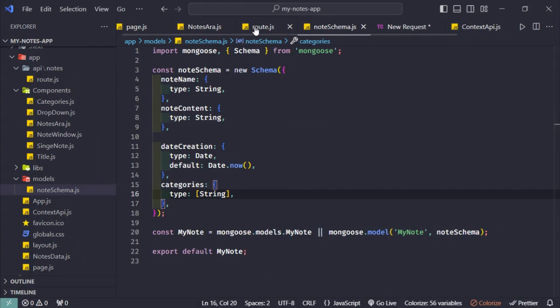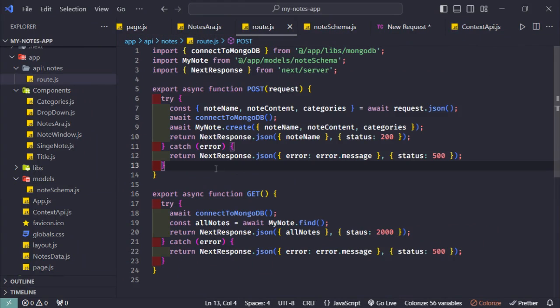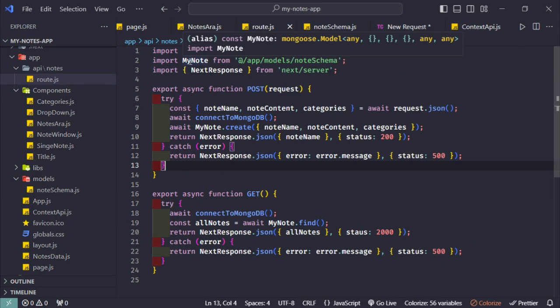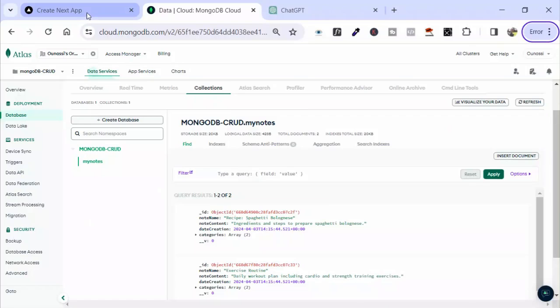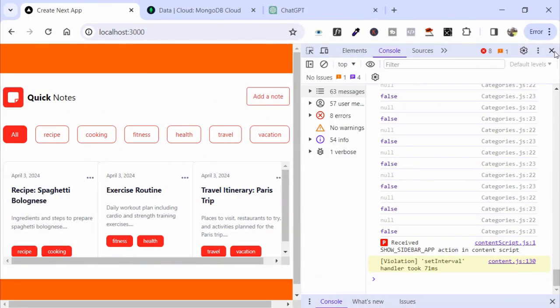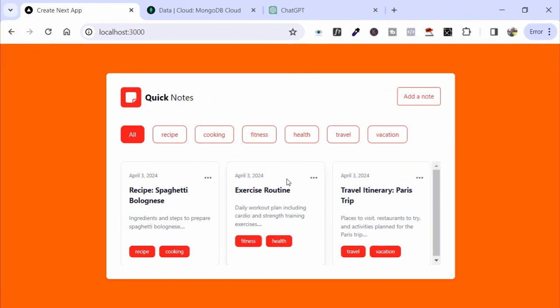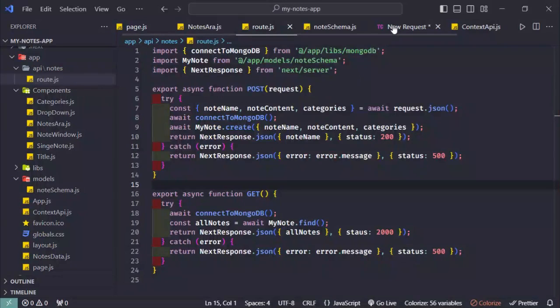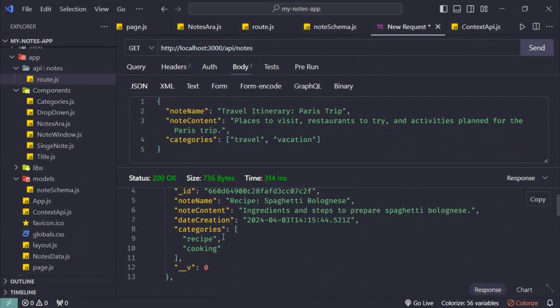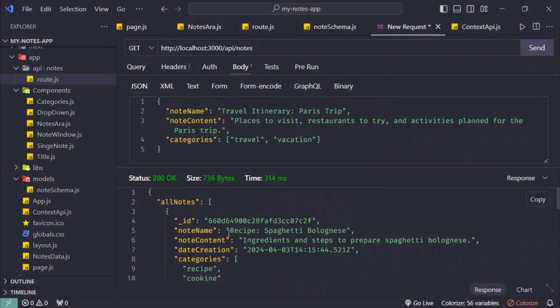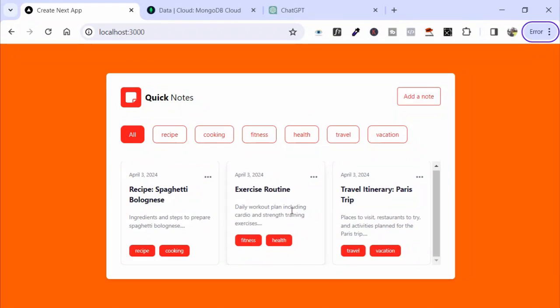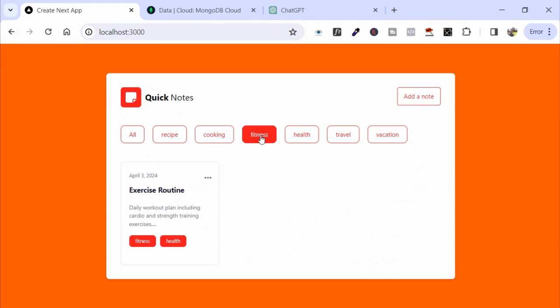And of course, into the route folder, make sure to change the node with my node, and also do the same thing over here. And now, as you can see, when we go to our application, I'm going to go back to the sender client to show you all the information over here. And notice all the information that we're having here is inside our application, and everything is working fine